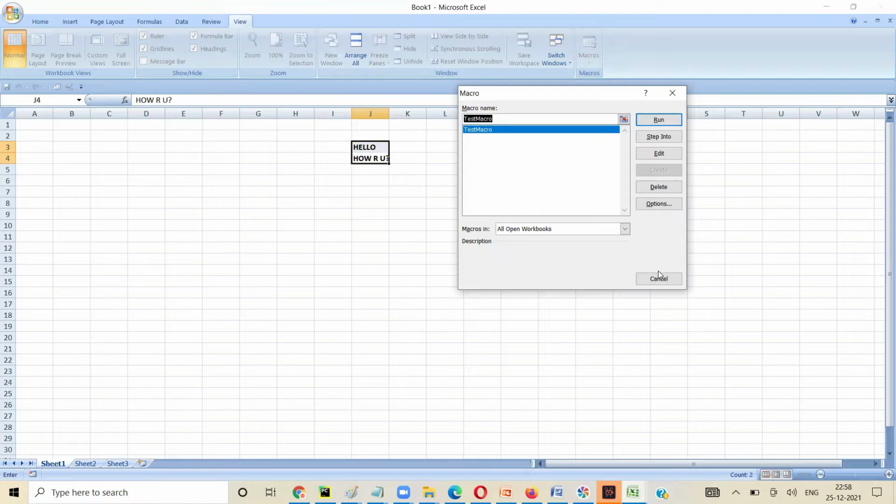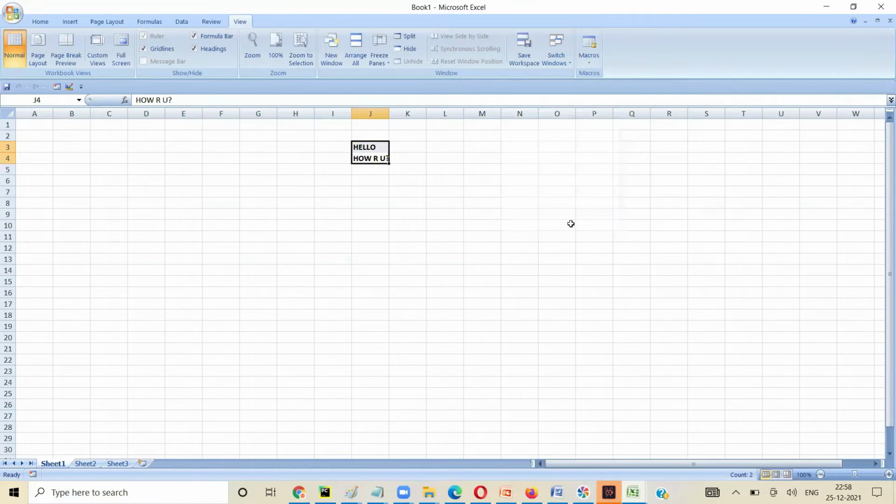We can say run this macro when Excel is open, or run this macro when Excel is closed. We can do that as well. But to begin with, when you are doing something complex, it's better you record it and then go and edit the code.